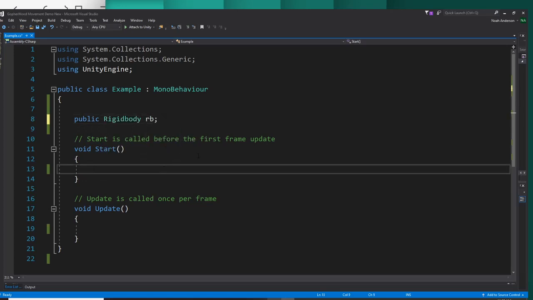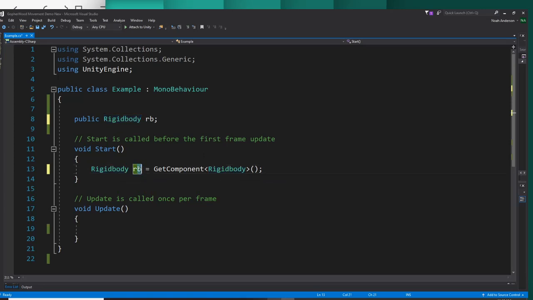And then in the start area, you're going to want to say RB equals get component rigid body. So what this does is it searches the component that the script is attached to and finds the rigid body that we just attached to it and connects that to our variable RB. So now in the update, we can say